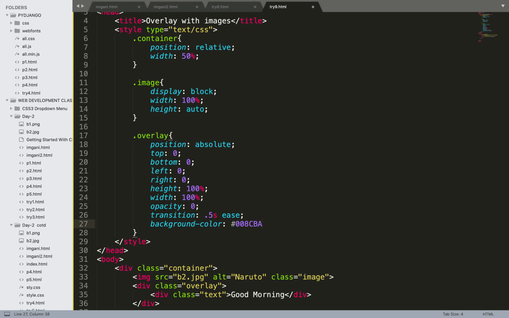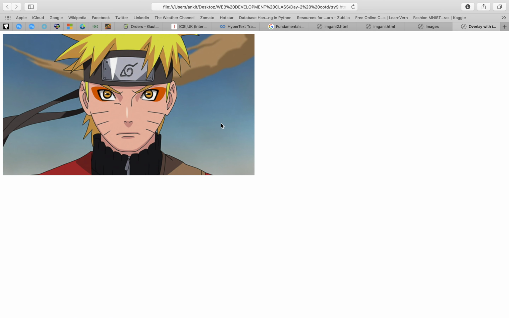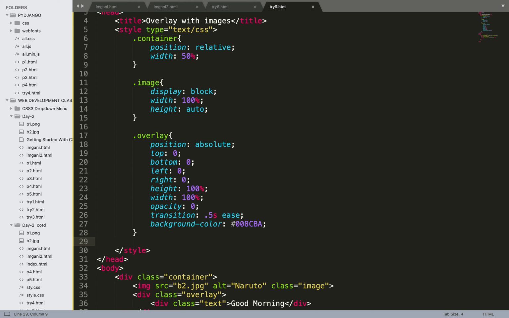Okay, it's just randomly I'm taking up one. So let's see if any change happens in our image. Still not, because I haven't set the hover property yet. Like when this animation will take place, I haven't even decided that. So next, dot container, and I'll be adding the property of hover.